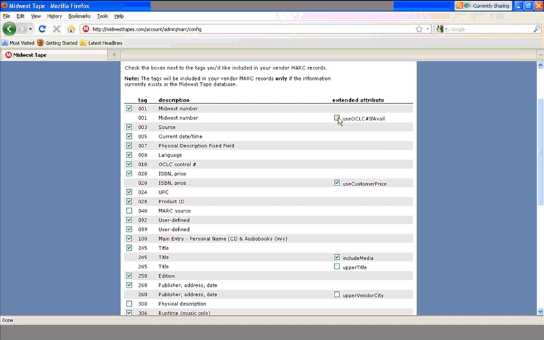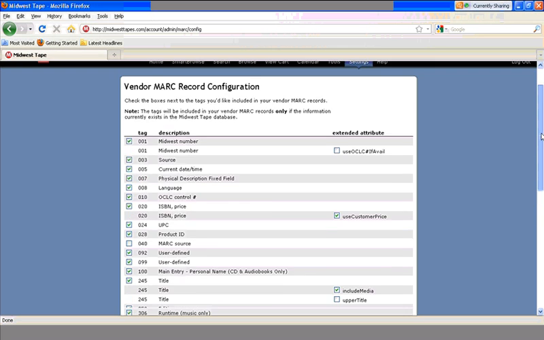And further, you have the ability to extend the attributes for certain taglines. So for instance, in this 245 title line here, you can make it all uppercase, or you could use the OCLC for the 001 tagline there. But if you ever need advice on getting that